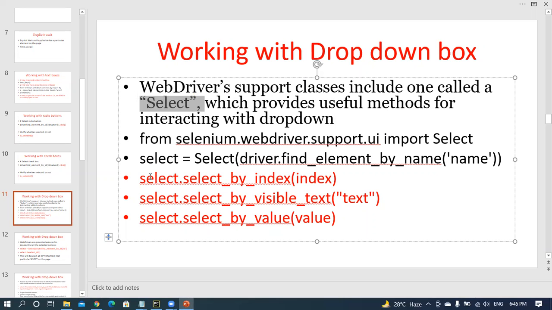You have four different methods available for the Select class. One is select by index. Index means, for example, in this drop-down there is a first index, second index, third index, fourth index. In Python, the index starts from 0.